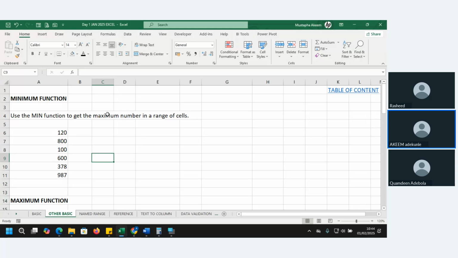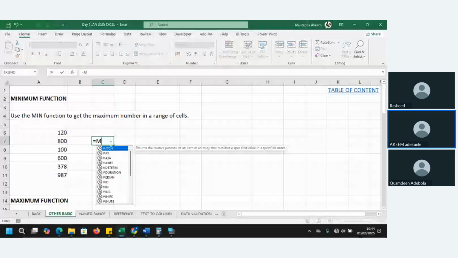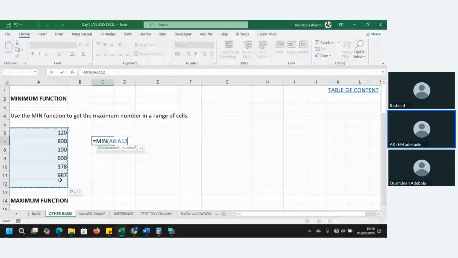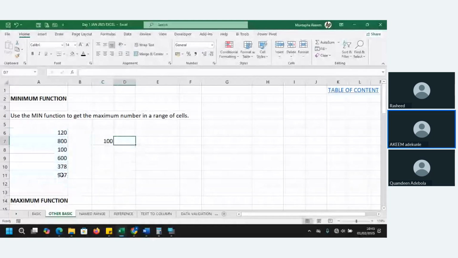You want to know the maximum number, the highest cells, the least cells. When we talk about least, maximum, highest, all those things, we are talking about the MAX function and the MIN function. So equals to MIN, that's the minimum function. Press your Tab, select the data range, and press Tab again to close the bracket.